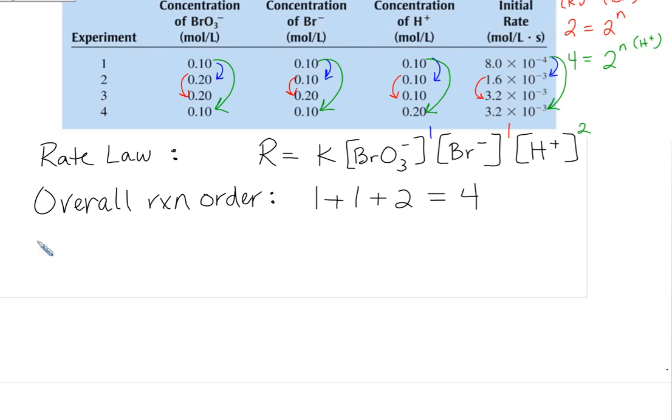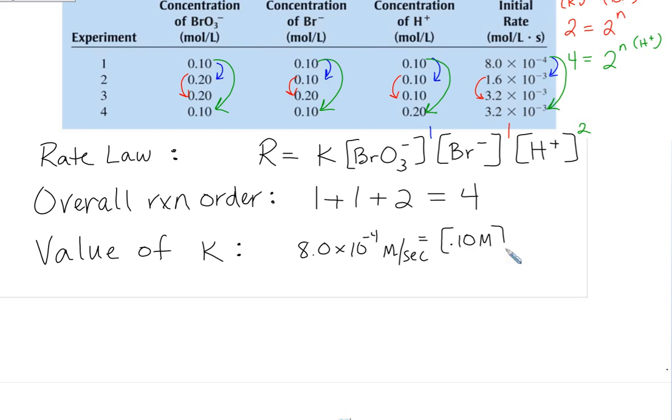So this will be the value of K, the constant. Okay. So for trial 1, the rate is 8.0 times 10 to the negative 4th, and that would be molarity per second, equals bromate